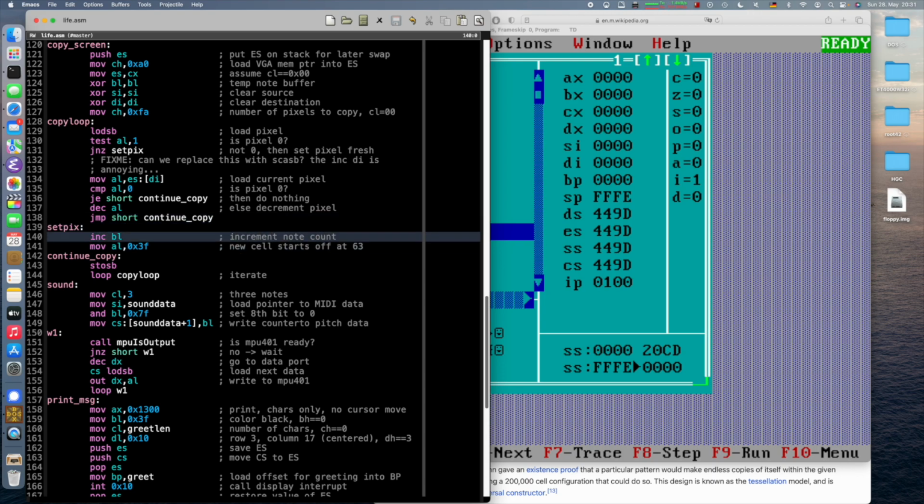Okay, setting the pixel is pretty simple. When we set the pixel, we increment our count of how many alive cells there are, which is the note pitch for the music. If it's a new cell, it will have the value 63, which is 3F hexadecimal, so it will be pitch black. And then we have the continue copy loop, which will just store the value of AL, and it will